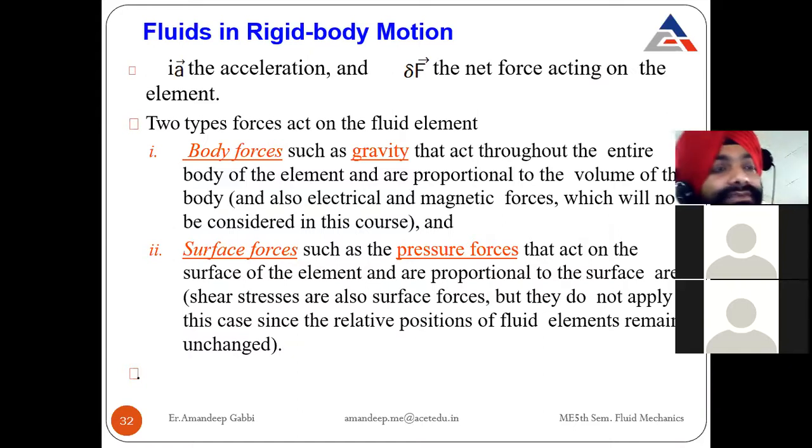So we consider only surface forces, that is pressure forces. Right? Two types of forces are there. One is weight that is acting downward, always downward, mg, and pressure force that is rho gh that we have to consider every time to calculate the problems related to the movement of fluid.